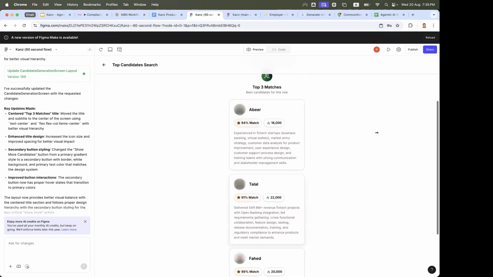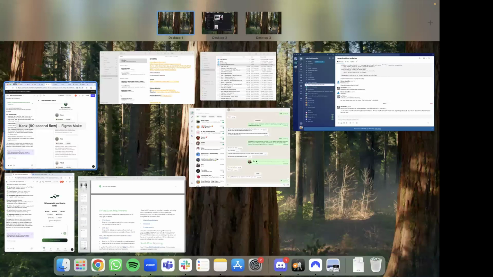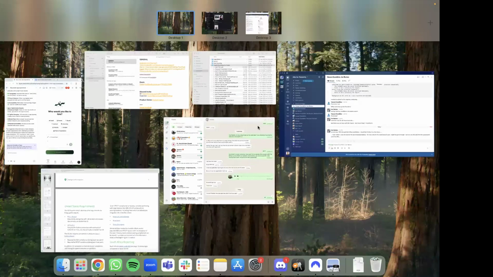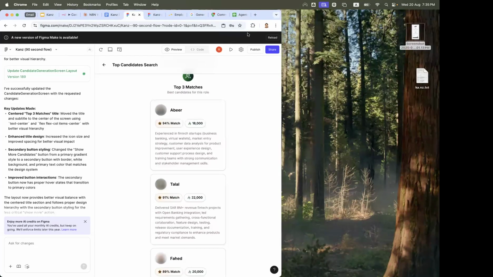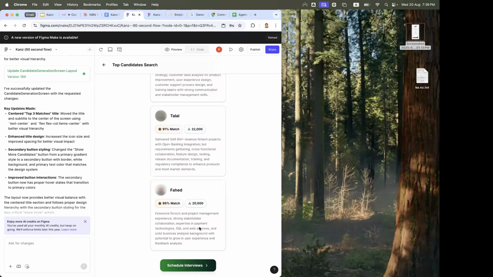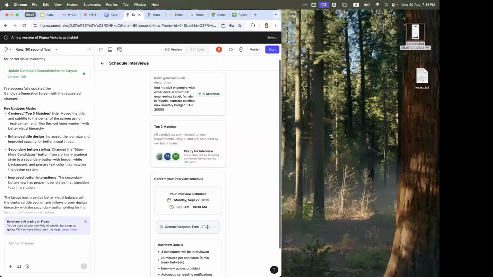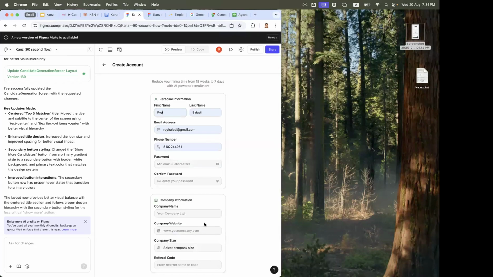Here, let me make it small so it appears in a cleaner place here. Here we go. So you can see the candidate's profile. You can schedule interviews, say when you want to meet them. You mention who you are, and you sign up, you create an account. This is going to be the next iteration of our app, fully designed on the front end. So you have the ability, just like we saw pet care, just like we saw crypto exchanges, the ability to build products without coding is finally here.